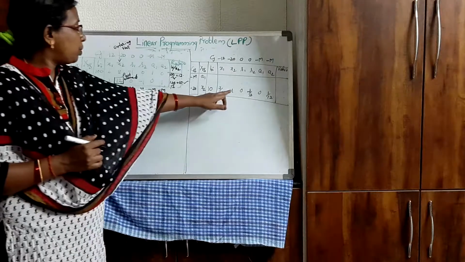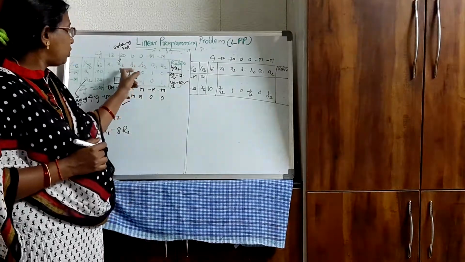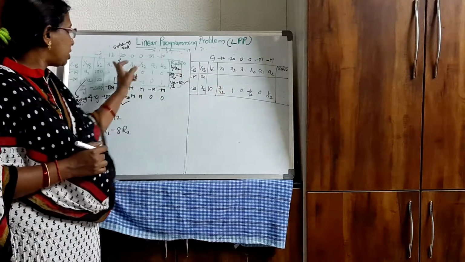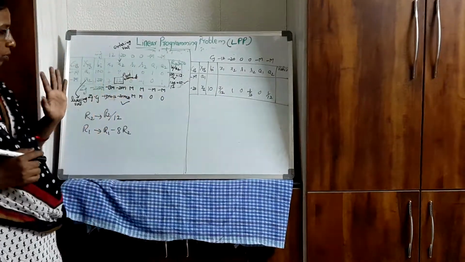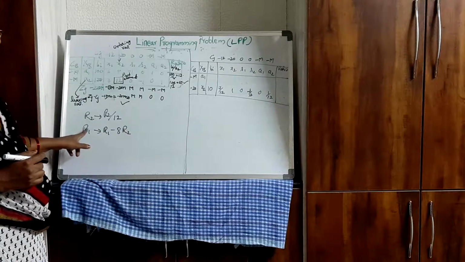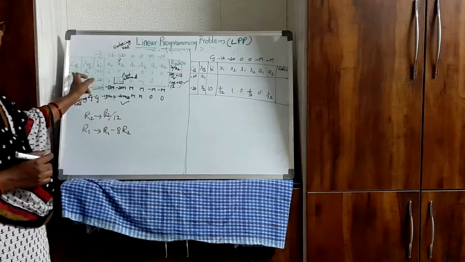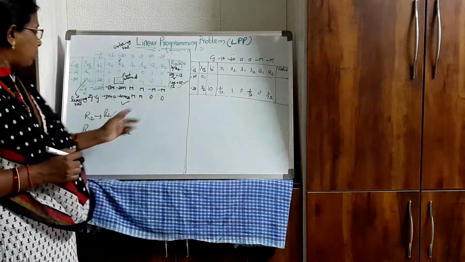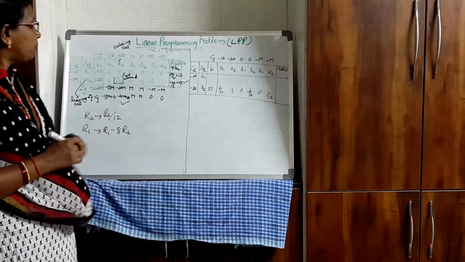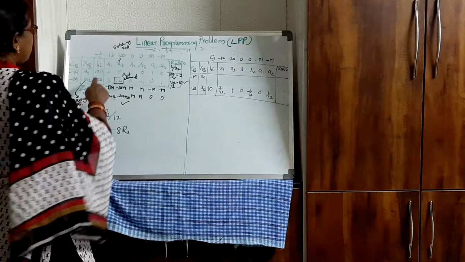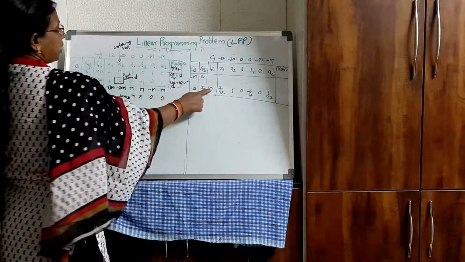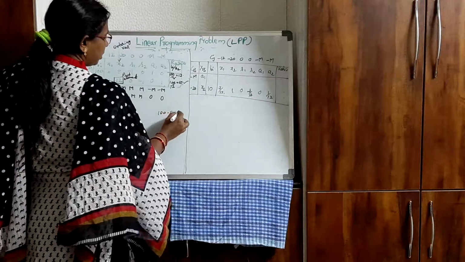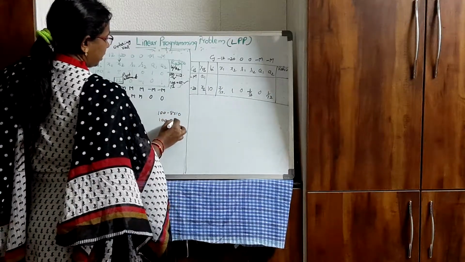Okay, so corresponding to this, the element is 8. We should make this 0 using this number. So when I multiply this with 8 and subtract it from this, only then will I get 0. So the transformation for R1 will be R1 minus 8R2. This is R1, and this is R2. First, R1 is how much? 100. 100 minus 8R2, that means 100 minus 8 into 10.